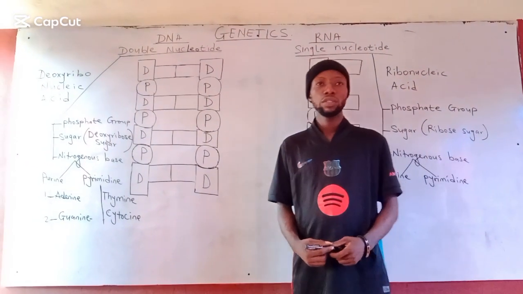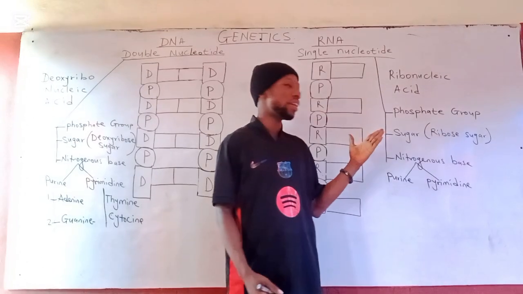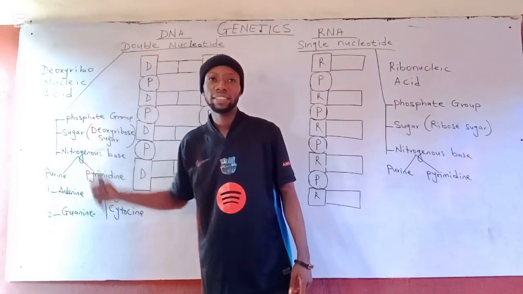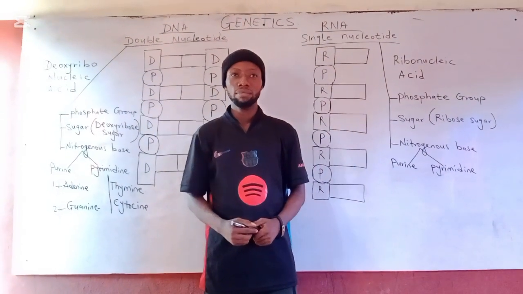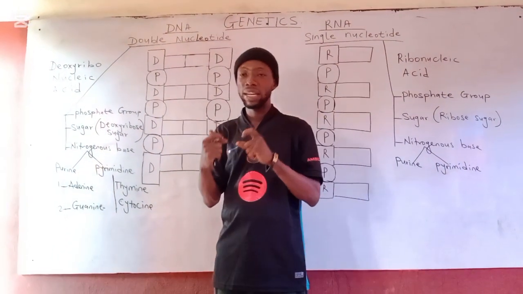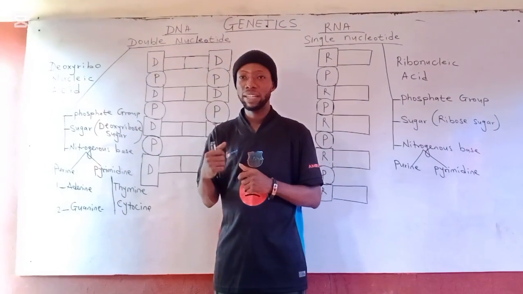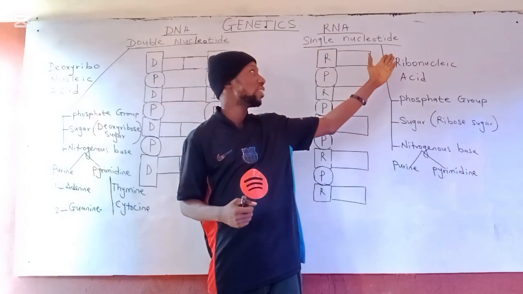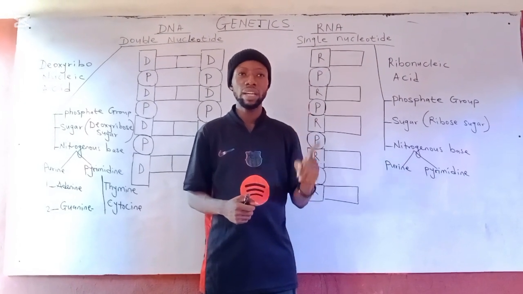Dear students, today we are going to look at the structure of DNA and RNA. DNA stands for deoxyribonucleic acid and RNA stands for ribonucleic acid. DNA has double nucleotide, which gives it a double helix structure or double helix strand, as we have in our textbook. RNA has single nucleotide, which gives room for the single strand or single helix structure